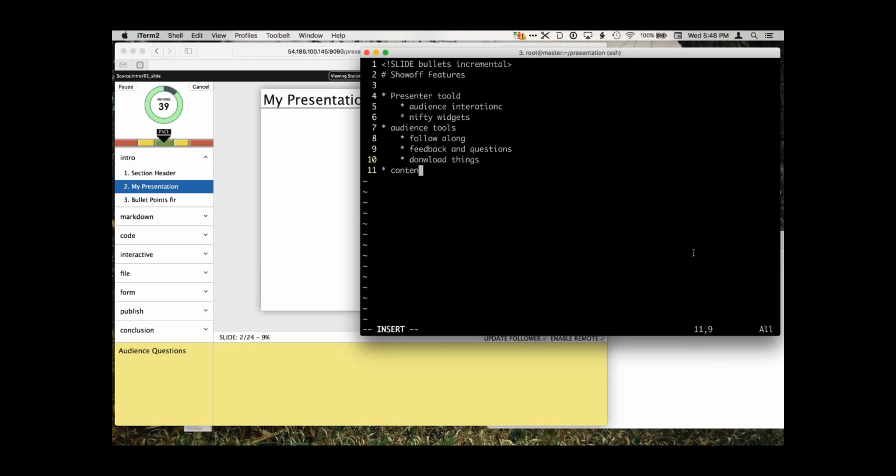And then content creation. That's a good one. Content creation. Command line tooling. We can do code validation. That's a very cool feature. And I'll call that good.